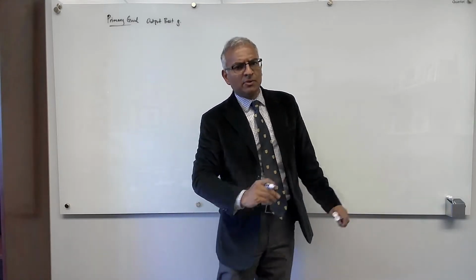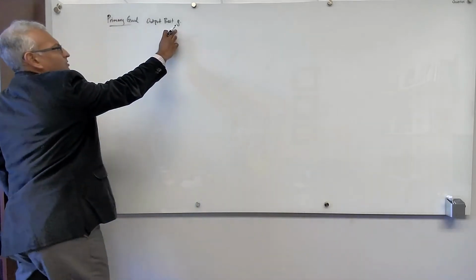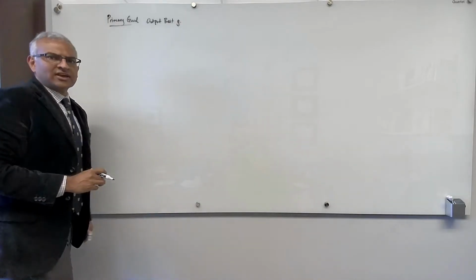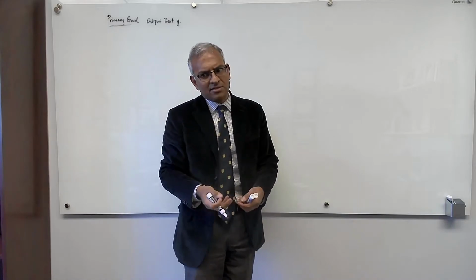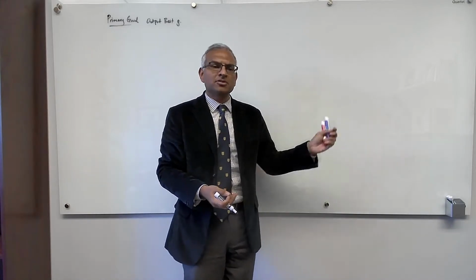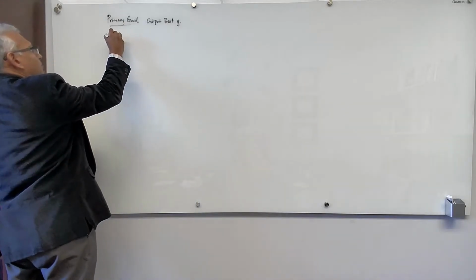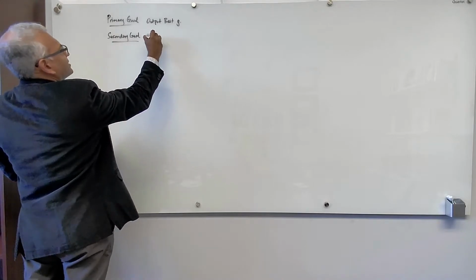So we output the best G we can, but that doesn't mean that we only look at the in-sample error. We would like to understand what is the out of sample error of your final hypothesis. So you can think of that as a secondary goal. It's important, but ideally you want to give the best hypothesis and then also an estimate of the out of sample error. So secondary goal, estimate